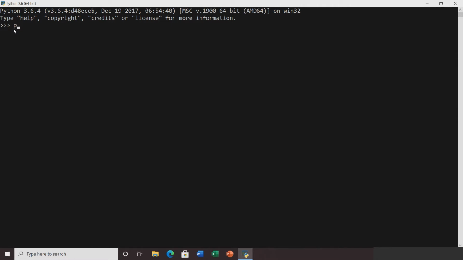So let's write print, then parenthesis opening, then double quotes, and write what you want to print, that is Hello World. Okay, now close the quotes, then close the parenthesis. That's it, and hit enter.